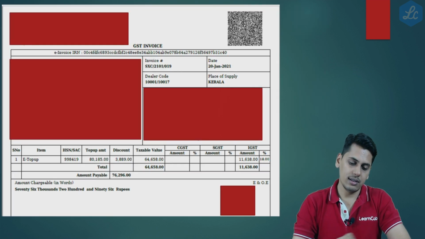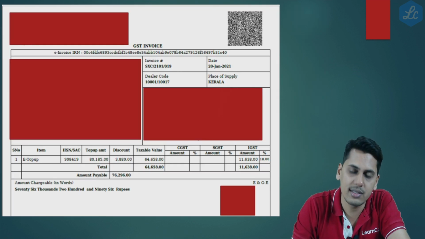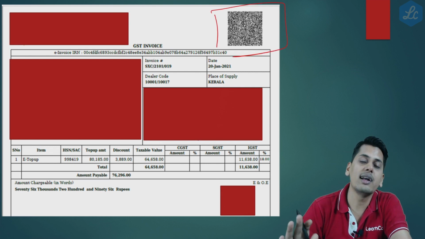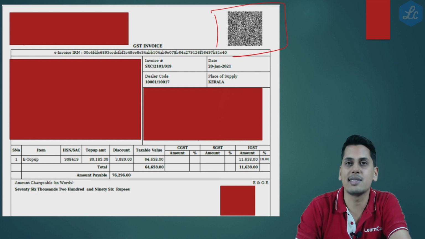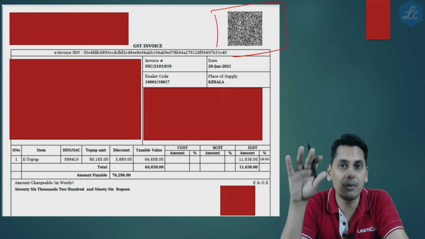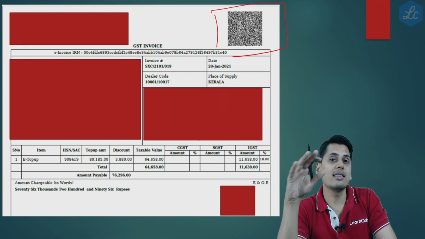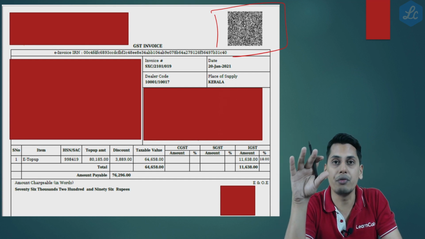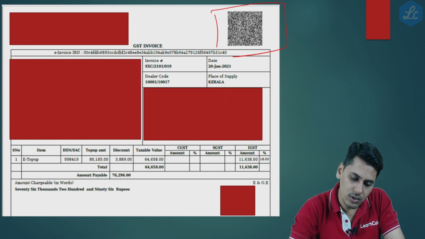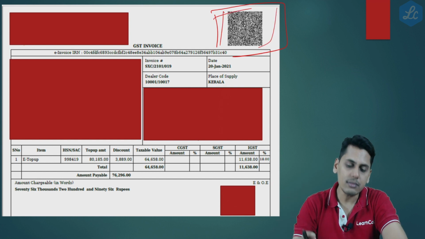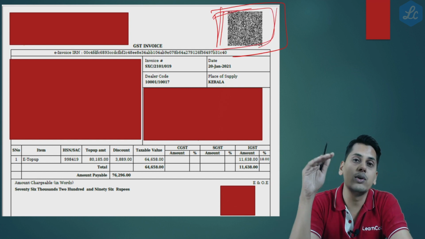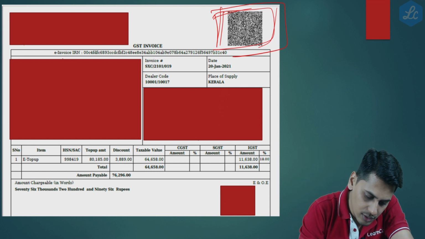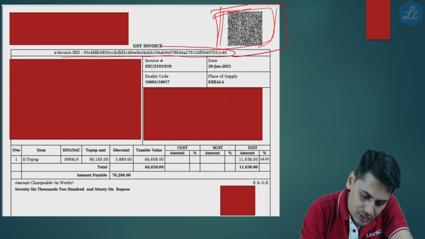So now friends, this is a sample e-invoice which is there before you. Here is the QR code. This QR code would contain an invoice reference number which is embedded in it. There is government software available. You cannot scan this e-invoice using any QR code scanner. You can scan this only with the official app which is available. So once you scan this QR code, you will get the details of the invoice. And friends, here the invoice reference number is mentioned.